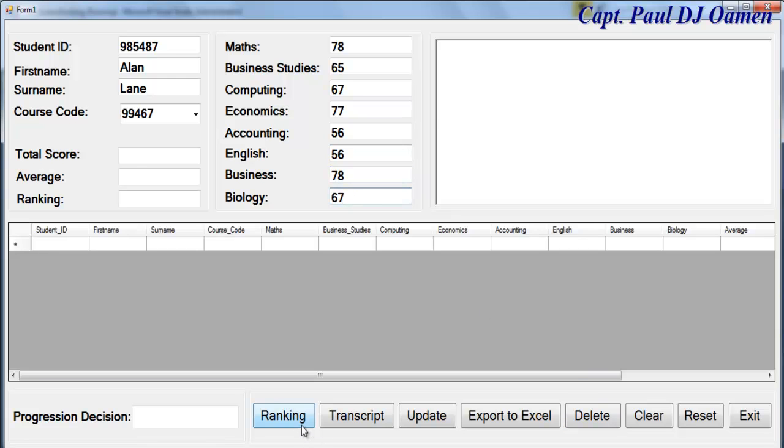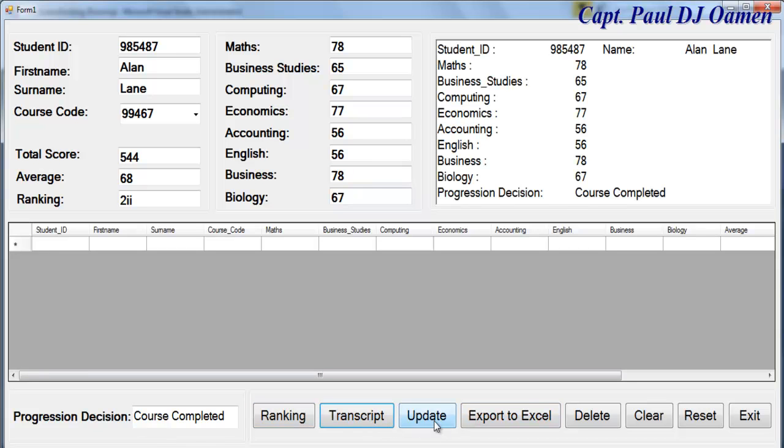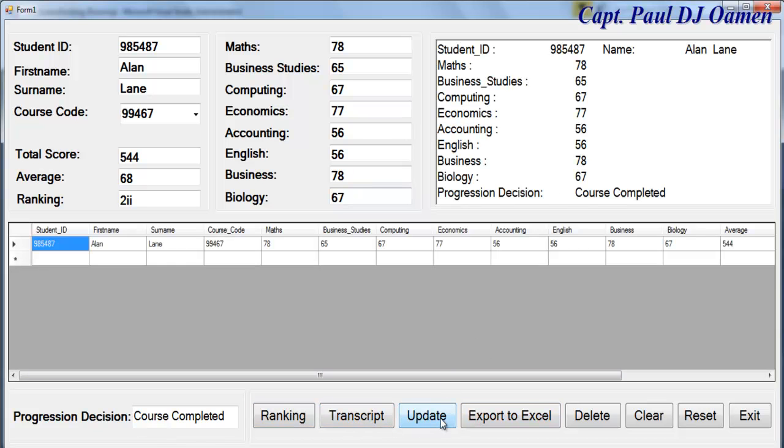Alright, enter details there. Course completed, student, and transcript printed out. Update DataGridView, and just repeat the same thing for maybe Steve